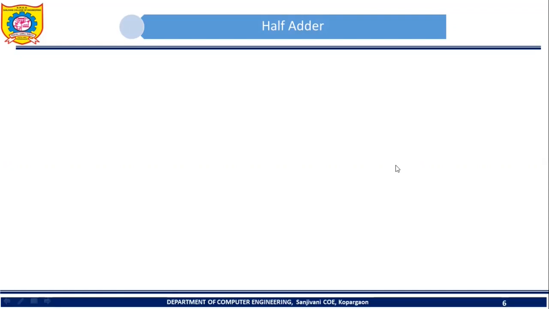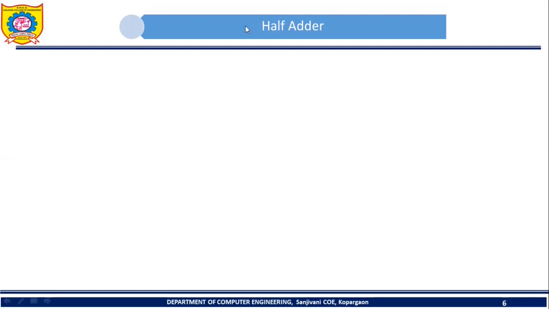Once the truth table is over, then the next step will be to represent the information given in the truth table onto the K-map. From the K-map, you should obtain a minimized expression for each and every output. And once we get a minimized expression, then our next step is the design. So the same steps we are going to follow here.